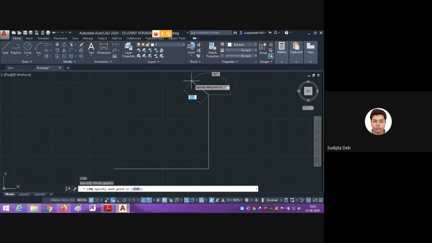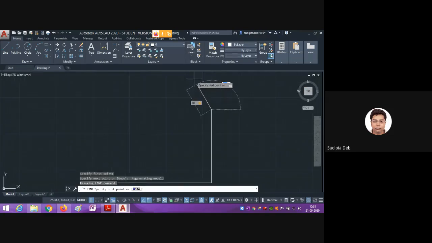If I measure the angle, now here the total distance is 40. First I am writing that. Now if I use the tab button from your keyboard, it is showing the angle here. This is one way I can show the angle, but you have to measure this angle.